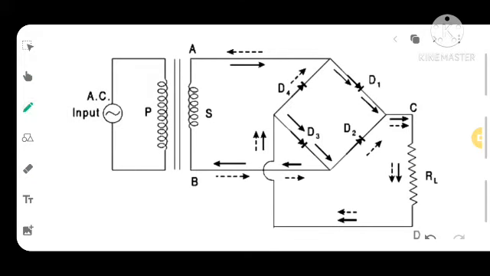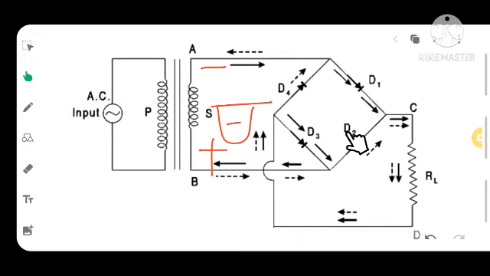During the negative half cycle of the input waveform, as the voltage is negative here, obviously there will be minus here and plus there. In this case, the positive side is connected to the anode of D2 and the negative side is connected to the cathode of D4. You can see that the anode of D1 is connected to the negative terminal, so it will obviously be in the off state. So D4 and D2 will be turned on.